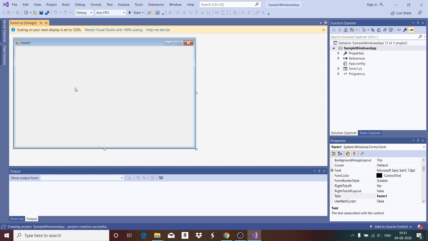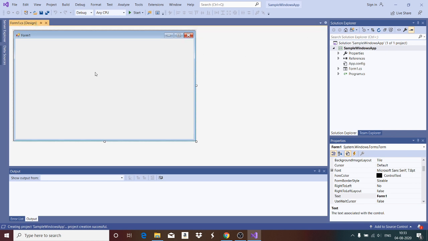You need to add the controls on the Windows form. So this is the window form, which you can call the design editor. This is where we are going to design our layout. Windows layout will be designed here. So you call it the design editor. And the design editor will have form1.cs, and you can observe here within square brackets it shows design editor. This is the design editor.